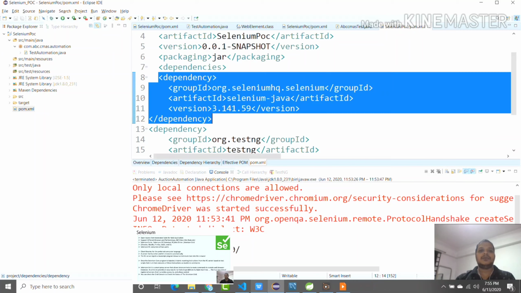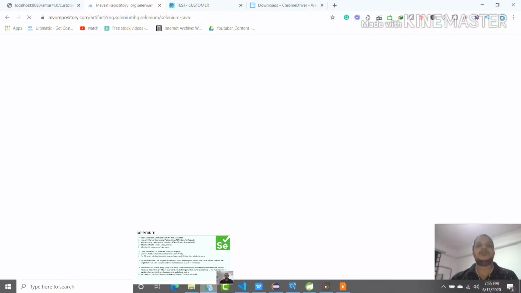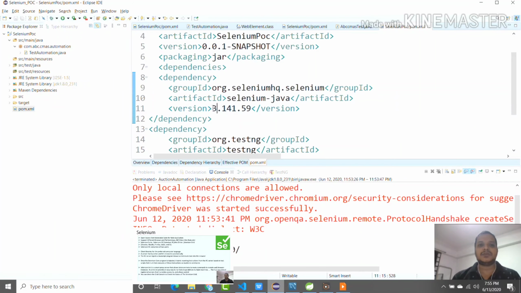You can download these dependencies from the Maven Central repository. This is the Maven Central repository, and according to your platform you can download from this site. It's completely free. I chose this version because currently this is the stable version.